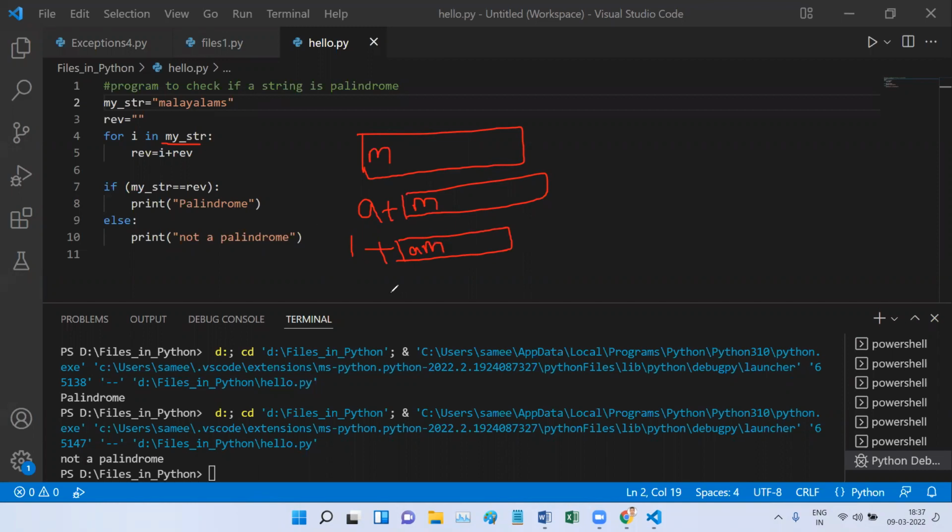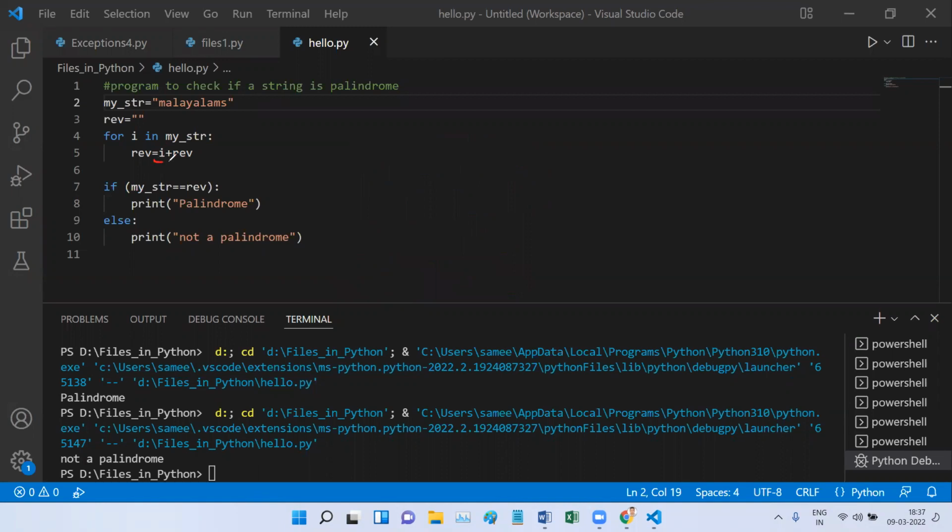So again, what do we have? We have A, which is being concatenated with the earlier string, LAM. Okay, so this is how we are placing the new character in the front. We keep placing the new character in the front again and again, and thus we are able to get a reverse. Even though this looks simple, this logic is very widely used, not only in this kind of program but also in recursion and many different types of applications. Now I want you to do something.